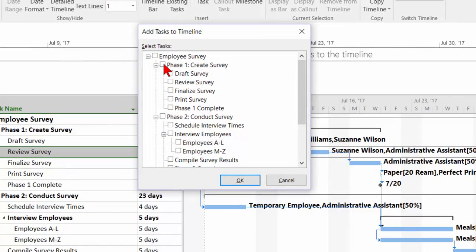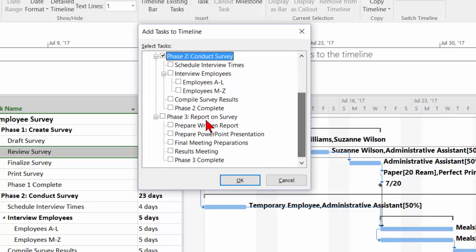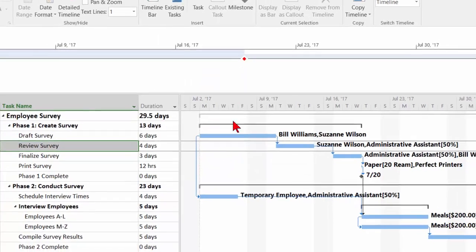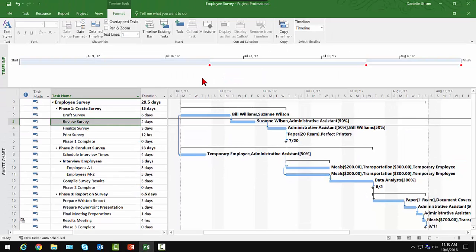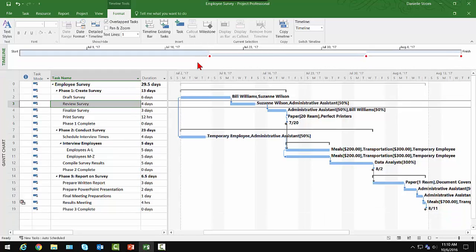So I'm going to start just by creating a timeline of these summaries, phase 1 and the milestones. Phase 1 complete, phase 2, and phase 2 complete, and phase 3, and phase 3 complete. Now, that's not overwhelming, but initially you are not seeing the detailed timeline. The idea is, if I keep this pane smaller, this is a nice small view of the project in the timeline. It doesn't take up much room,